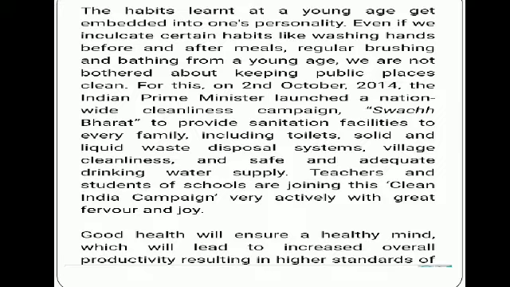Even if we inculcate certain habits like washing hands before and after meals, regular brushing, and bathing from a young age, we are not bothered about keeping public places clean. For this, on 2nd October 2014, the Indian Prime Minister launched a nationwide cleanliness campaign, Swachh Bharat, to provide sanitization facilities to every family, including toilets, solid and liquid waste disposal systems, village cleanliness, and a safe and adequate